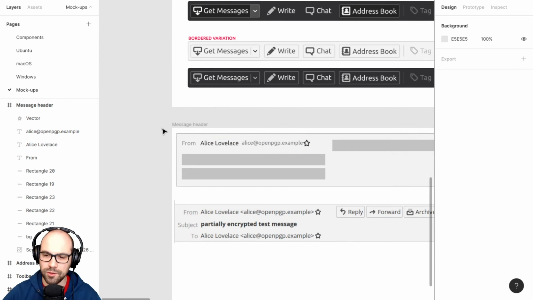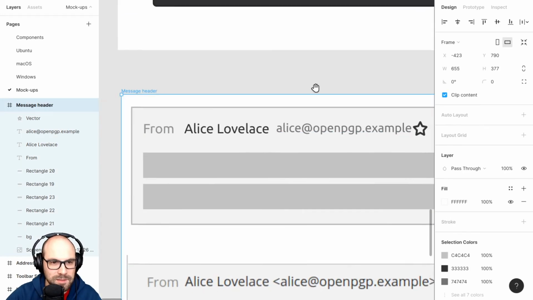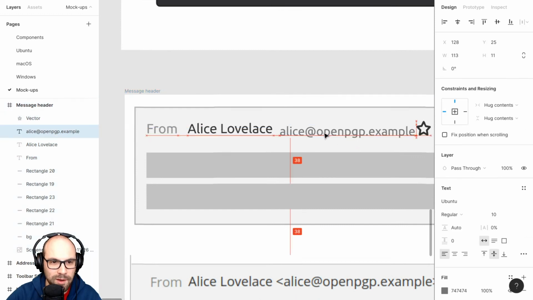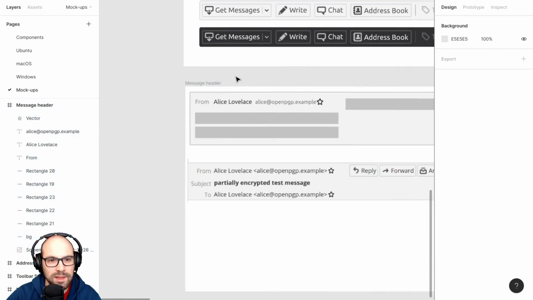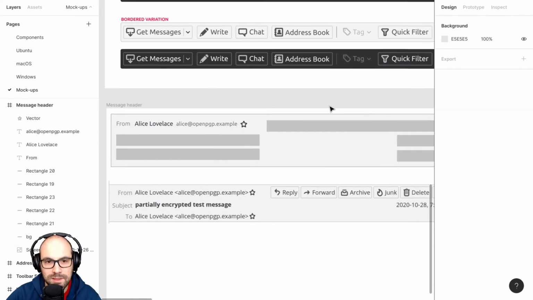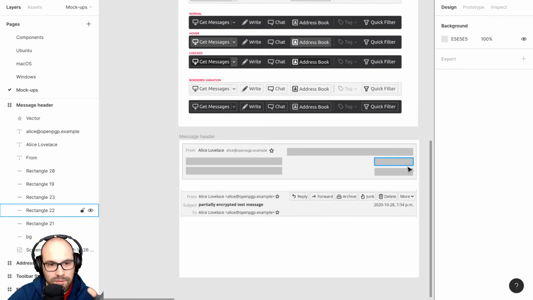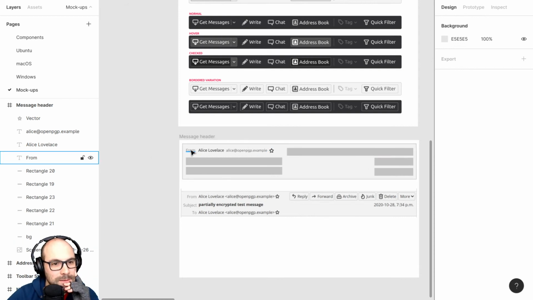You see what I'm trying to do? I don't know if it's easy to understand here. It seems like I'm just moving things around without much sense, but what I'm trying to do is reorganize the elements to save more space, since the space in this message area is kind of limited. It might be limited if you have a large screen and you read your email in full screen, it doesn't really matter. But if you have a small screen and a small area,